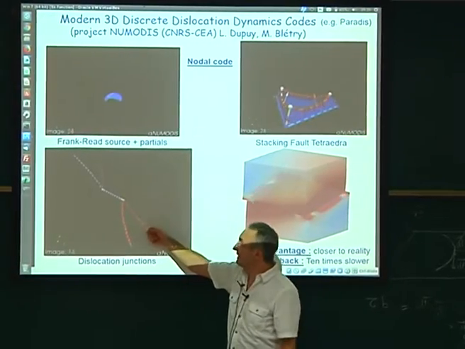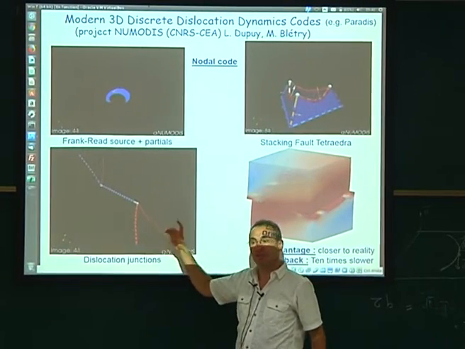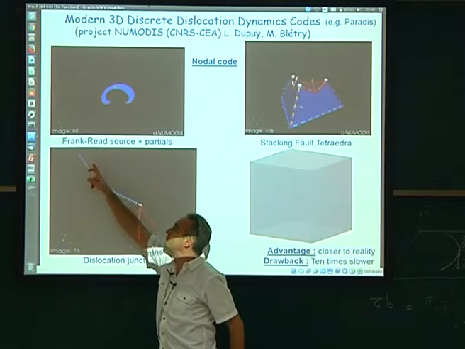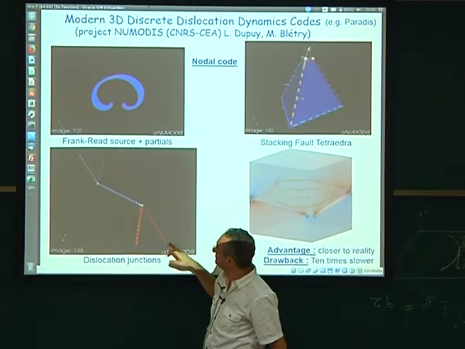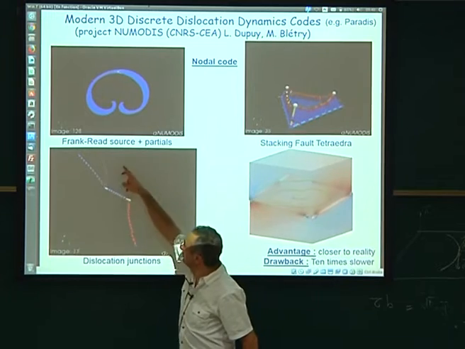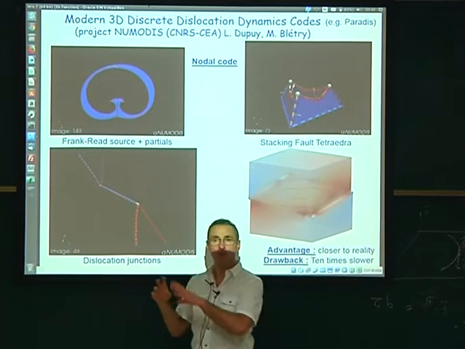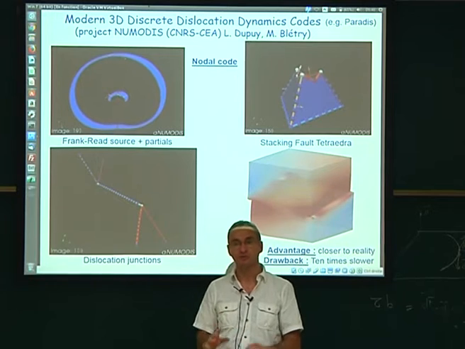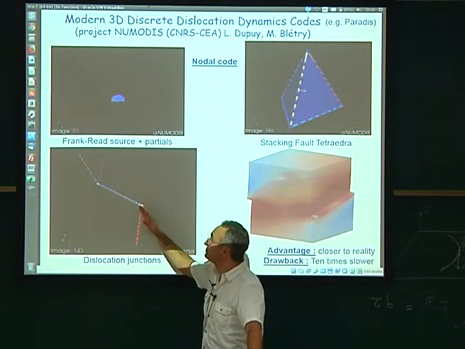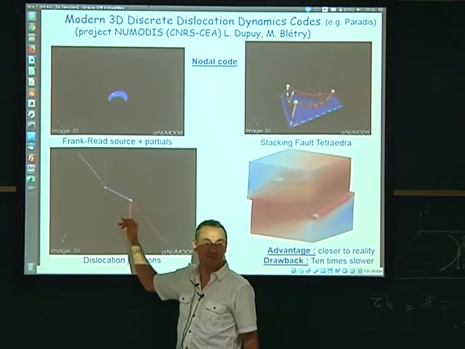And tomorrow you will play with that. So this is a junction. This is typically a junction. So we put together 2 dislocation arms. One was pinned between that point and the top left point, like this. The second one was here. And we don't put any stress. We just let them react as they naturally want to. So this is just a local reaction due to the internal stresses.